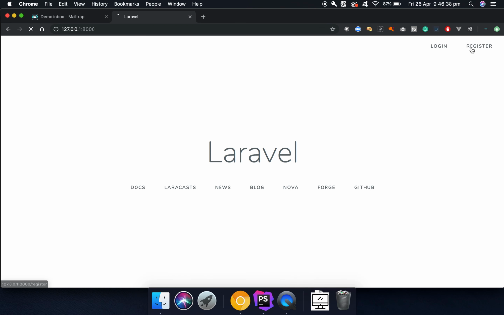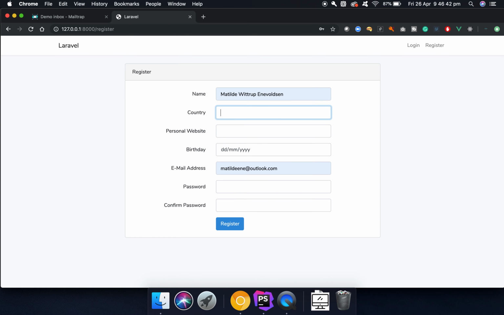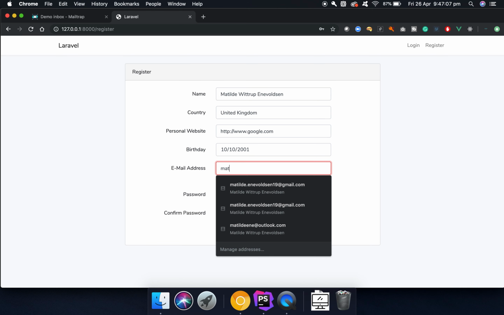So if we go into register, go in and type in some new info, and then we can go in and say United Kingdom, and then we can go in and say something like google.com, and then we can say some password here. And then we can just use